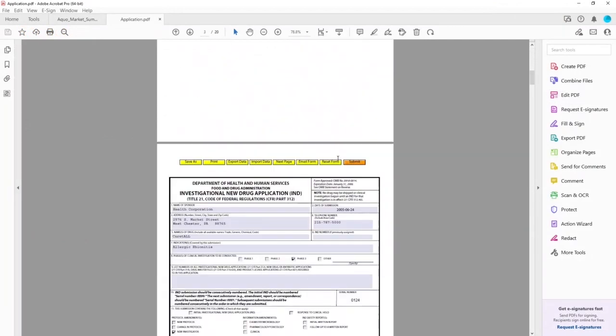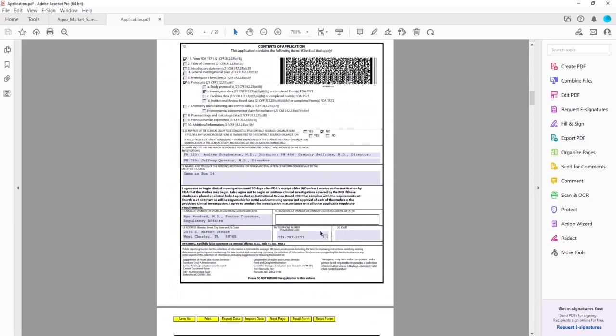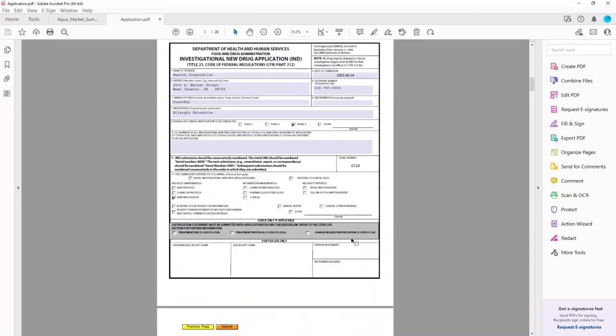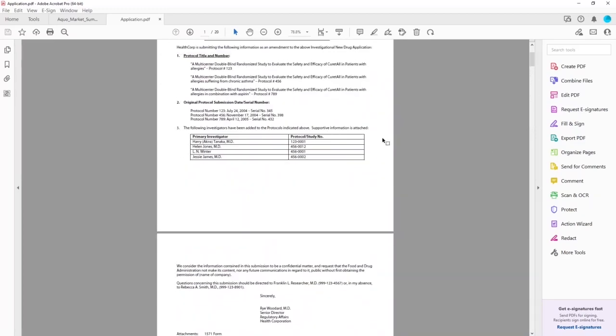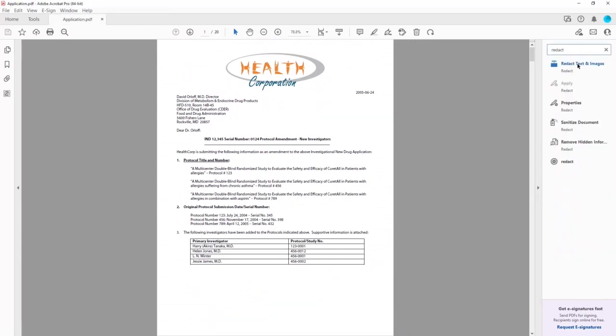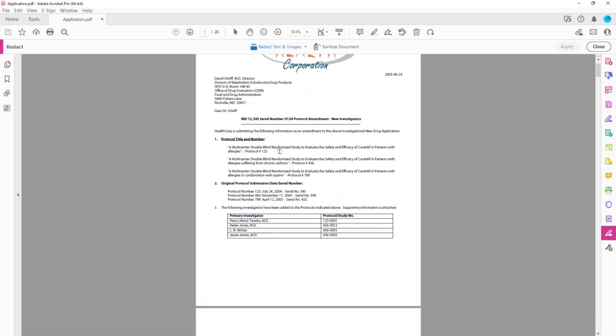So this document contains information such as date, phone number, address, and so on. So I can manually redact it. I'm going to first find the tool, select redact text and images, click on redact text and images, and I can start manual redaction. In order to select the text for redaction, I can just simply select it like so, and it's going to